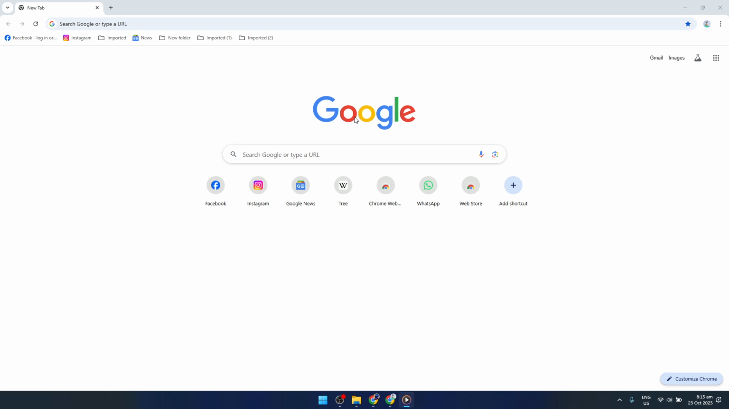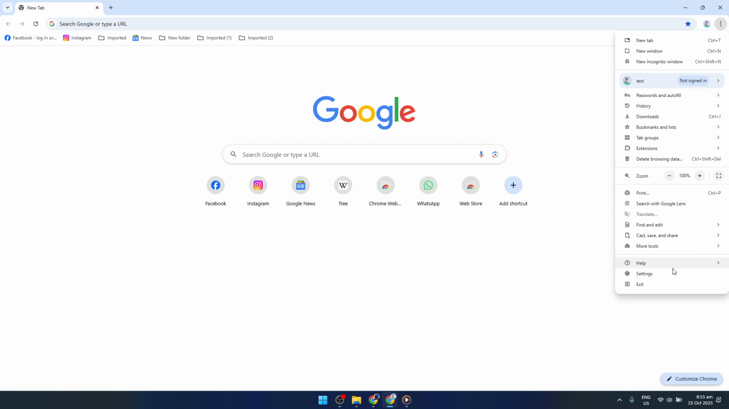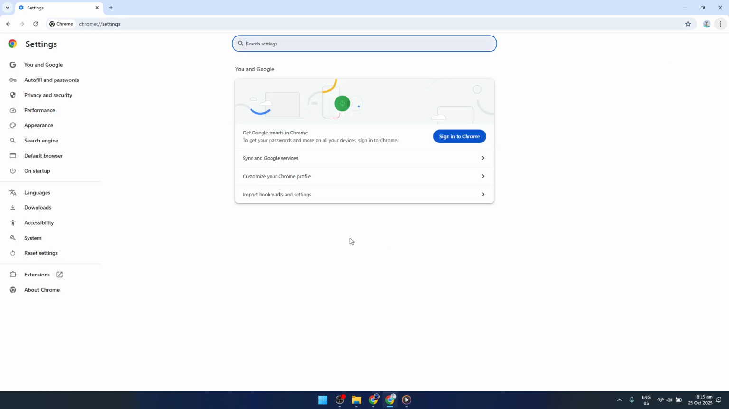Let's get started. First, to access the settings page, look at the top right corner of your Chrome browser window. There, you'll see three vertical dots, often referred to as the More menu. Clicking these will open a drop-down menu with various options. From this menu, you need to select Settings. This will take you to the main settings page, where we will be making the adjustments necessary to perform a